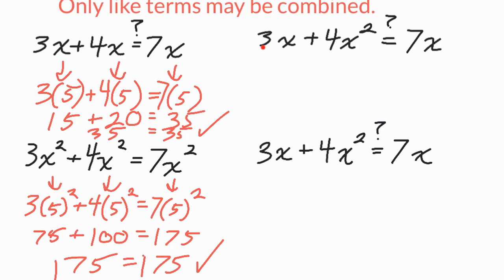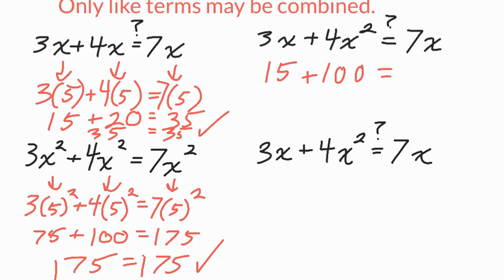So I have 3 times 5 is 15. Pretend that I'm plugging a 5 in where I see the x. And then I have 3 times 5 squared. Well, 5 squared means 5 times 5, which is 25, and 25 times 4 is 100. So over here, I'm going to get 15 plus 100